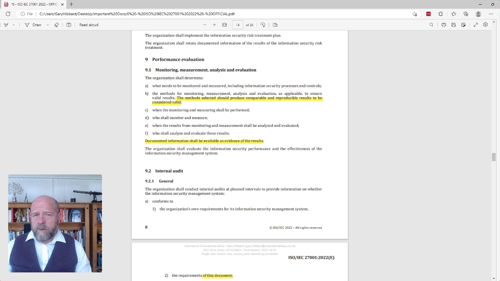If you're new to 27001, it's important to recognize that you need to evaluate the success of your information security management system. You can't just simply implement controls and then just sit back and think, well, I've done everything now, so surely we must be doing okay. That we didn't have malware protection before, but now we do, so clearly therefore it's a success. Well, no, you need to be able to demonstrate that you're monitoring the malware protection and that it's having the desired impact that you need on your organization.